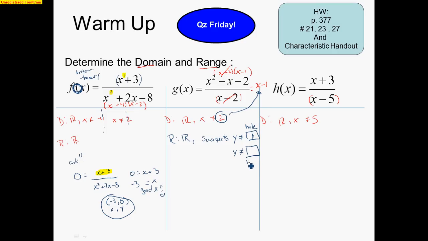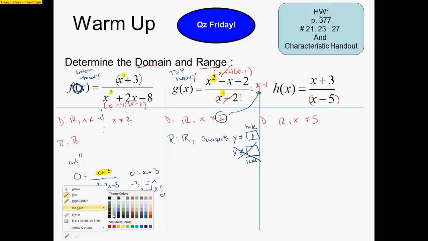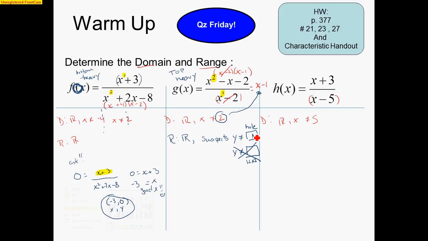Now I look for a HA, and for rational functions, I go to the numerator, degree of the numerator, and compare it with the degree of the denominator. Since the degree of the denominator is lower, I am top-heavy. And if you remember from Friday, if you're top-heavy, it means you have no HA. So my only suspect is 1,